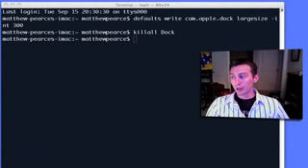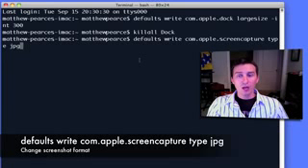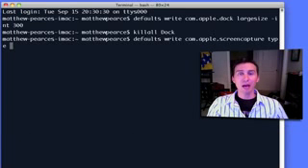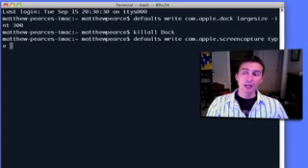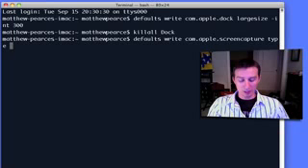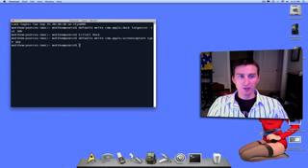So I'll copy and paste another command in here. And this one is defaults write com.apple.screencapture type. And then where it says JPG here, you can actually change this to any valid image file extension that the Mac recognizes. So if you wanted a bitmap, you could put BMP, you know, whatever you want it to be. But for my purposes, I definitely prefer JPEGs, like I said, just because that works with website uploads better and things like that. So once you hit that, now when you take a screen grab,